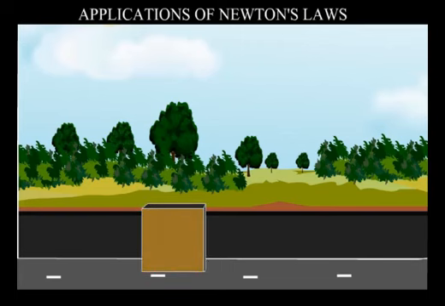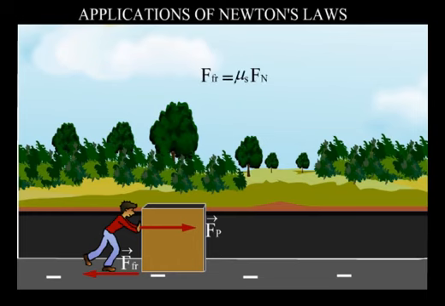Friction is a force that exists between two objects in contact. It always opposes the relative motion between the two objects. Static friction prevents a body at rest from moving. The magnitude of force of static friction is equal to the product of the coefficient of static friction and the